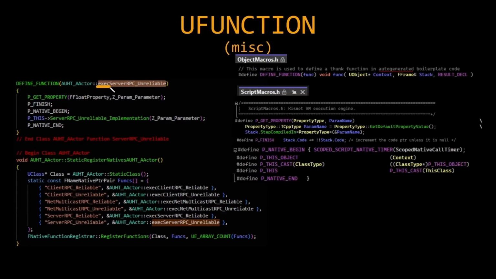So it defines this exec function, and then it has this string of macros. If you look at the define function here, you can read the comment on it, and this is in ObjectMacros.h. It is used to define a function in auto-generated boilerplate code. And these are used in this other ScriptMacros.h file, which appears to be related to the Kismet VM execution